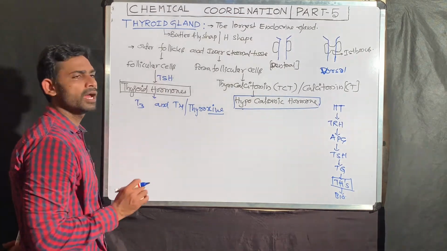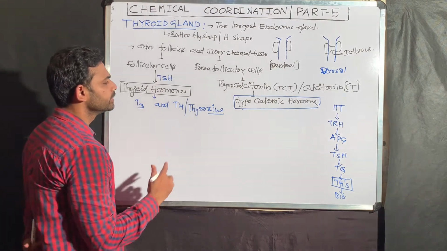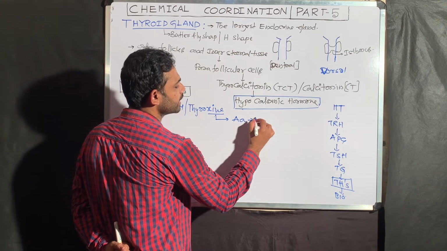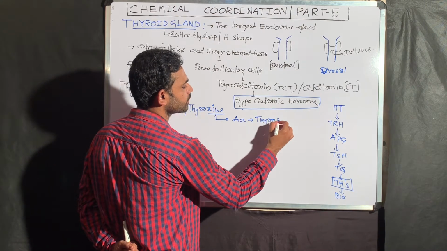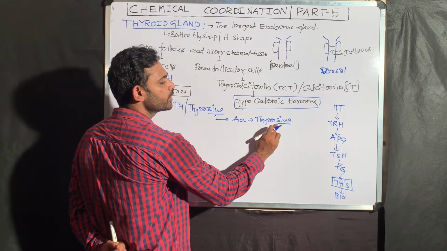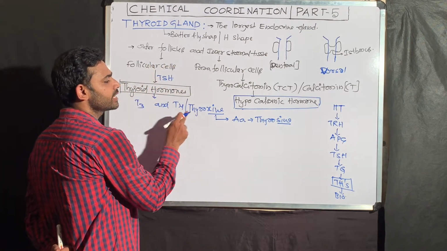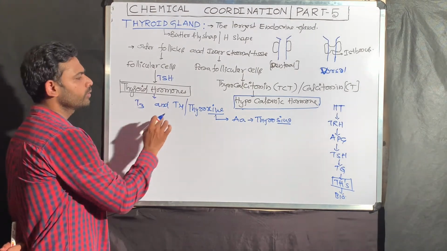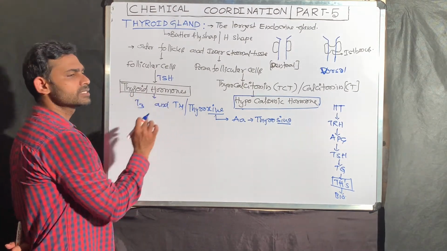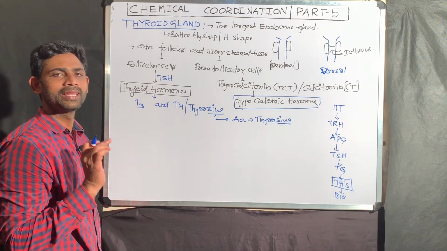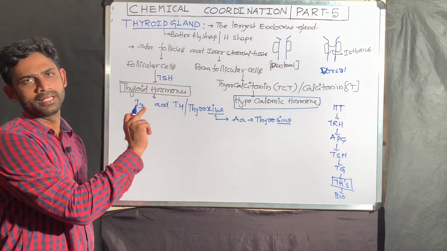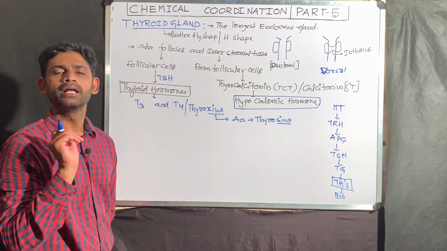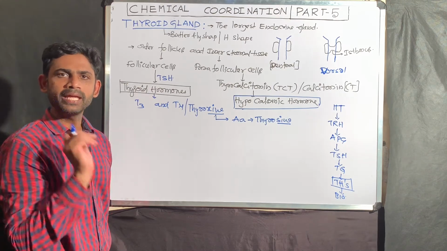triiodothyronine, tetraiodothyronine. These thyroid hormones are synthesized from the amino acid tyrosine. So don't confuse the name with the amino acid SINE. This XINE is a hormone, that is T4. One thing. Next one is the tetraiodo. That means for the synthesis of the thyroid hormones, definitely there is a need for iodine. That is why the food we are taking should contain the required quantity of iodine.